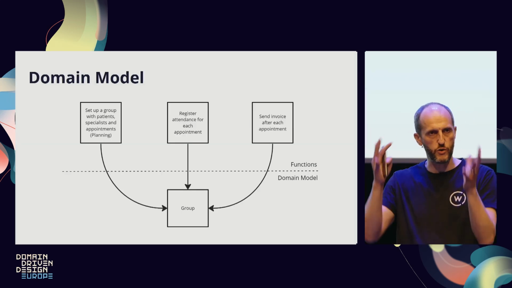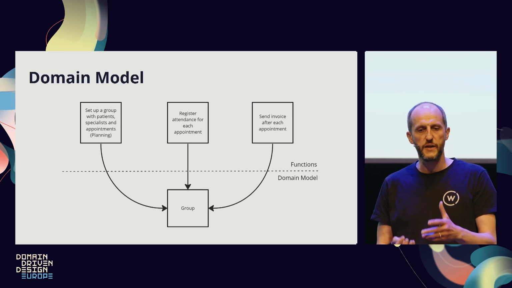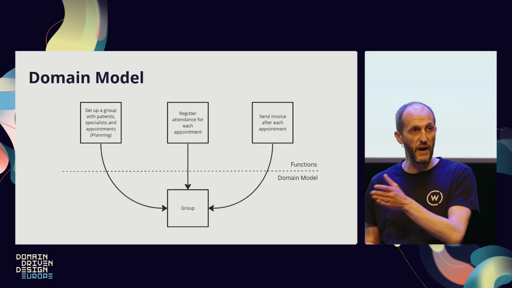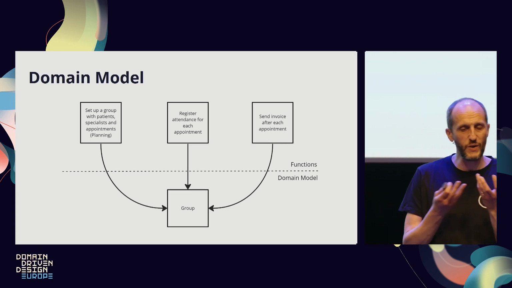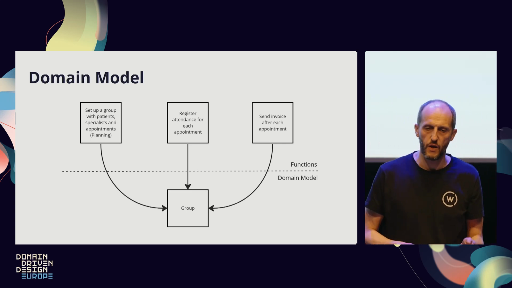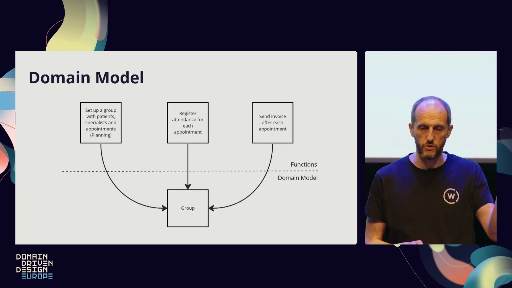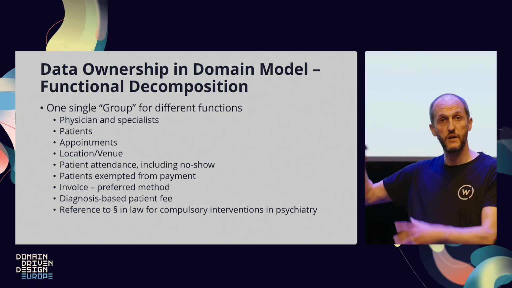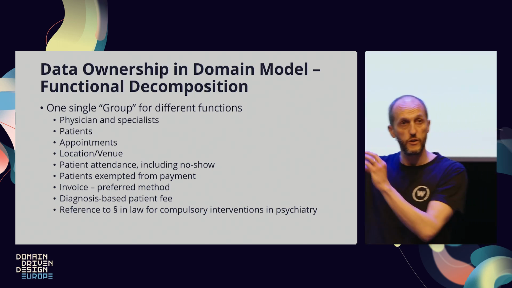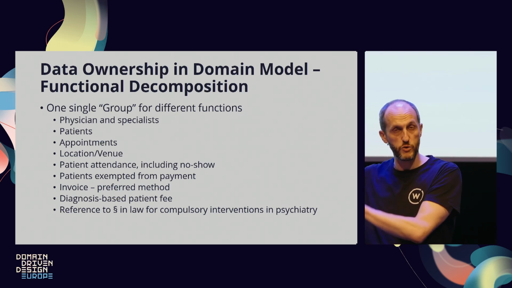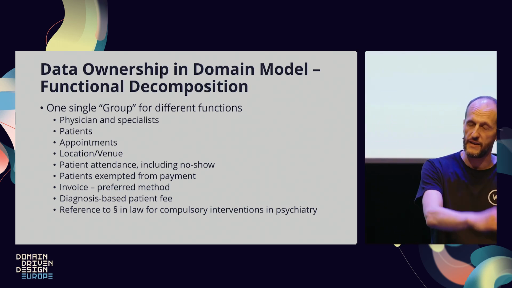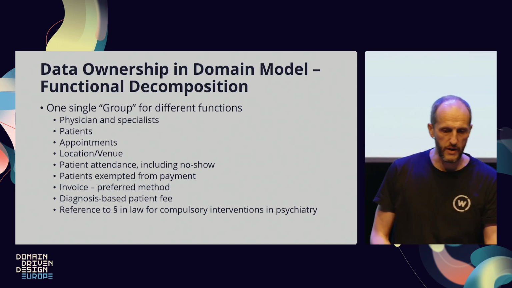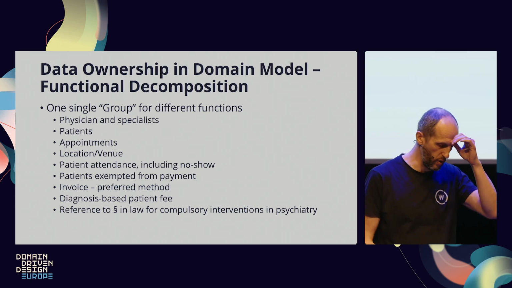We have one model of a group, domain concept group, that can support all the functions. We could have, of course, had boundaries by function, but there is no incentive here to do so. So, okay, how does data ownership work? These are the bunch of things that we all need to have as properties in our model to support all the functions. So we need all those properties to be able to do planning, register check-in, attendance, and send invoices, everything. Okay, so far so good. This is functional. This is one way to do it.